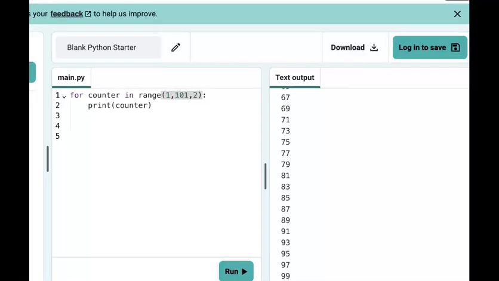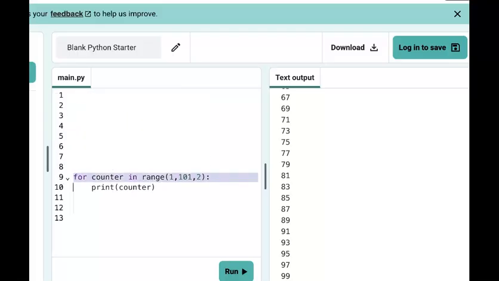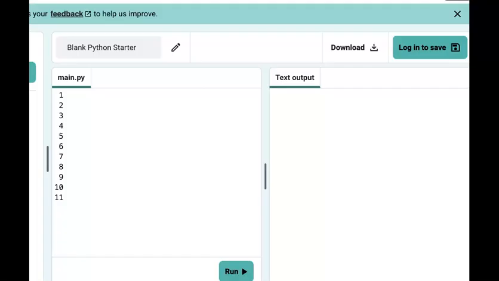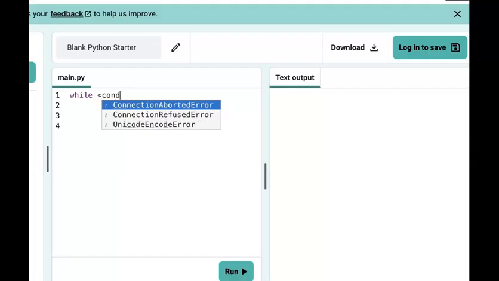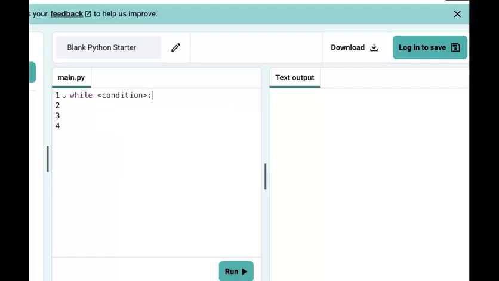Now our next loop, our second type of loop, is a while loop. And we can kind of view the while loop as a type of looping if statement. So previously when we did the code for the if and the else, we saw that it ran the if statement and then it just stopped. But sometimes you might need to repeat that if statement. And so that's when you would use a while loop. So all a while loop is, we have the keyword while, and then we have some kind of condition. So I've just put a placeholder here, and the condition is just a similar thing that you might have in the if statement. So for example, what we could do is we could say